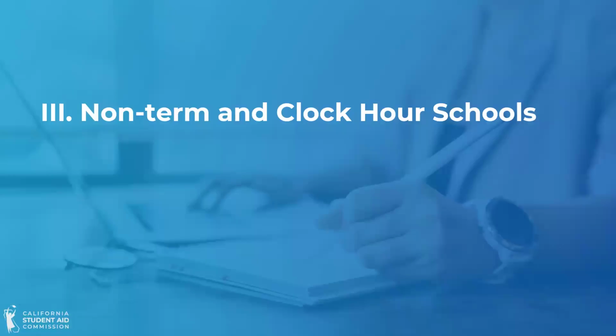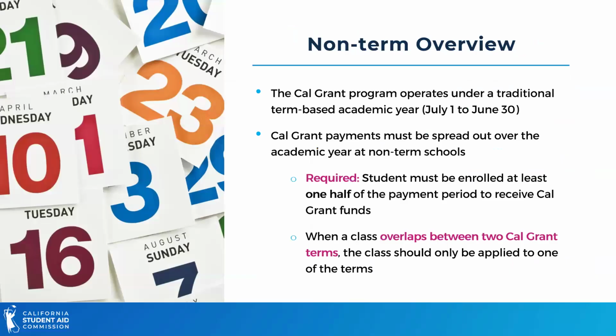Now let's wrap up this session with non-term and clock hour schools. So in a non-term academic calendar, classes don't begin and end within the set time frame. Unlike traditional academic terms like semesters or quarters or trimesters, non-term schools may be offering flexible start dates or self-paced learning. Academic progress in the non-term program is measured usually in either credit hours or clock hours. And many of our Cal Grant participating institutions are actually structured under a non-term calendar, and they do have special